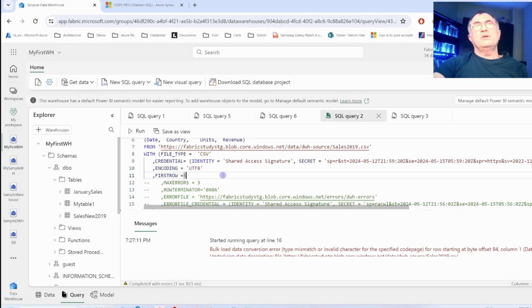So the COPY INTO command is very flexible. By default, if you don't specify any error-related options, the ingestion will stop at the first error. However, you can change this. One way to handle this is to specify a number of errors that your ingestion can tolerate. So if I enable the max error option and put it to number 3, then my